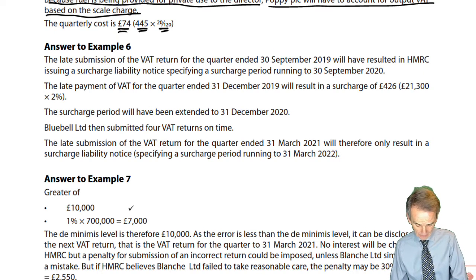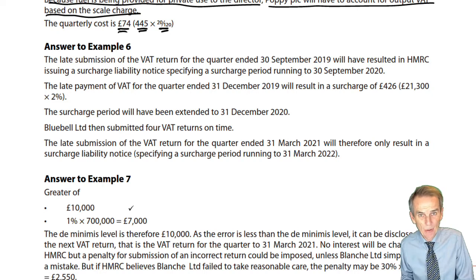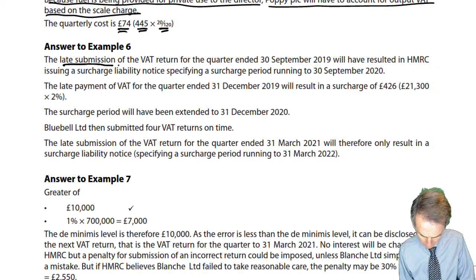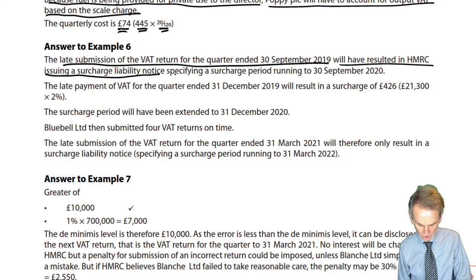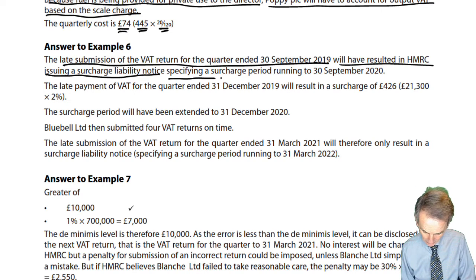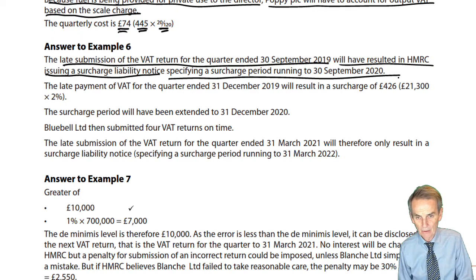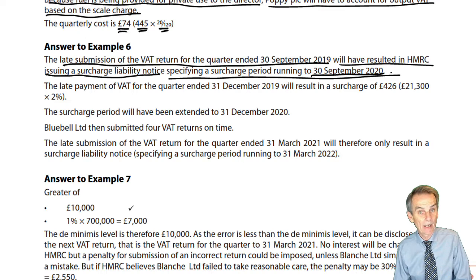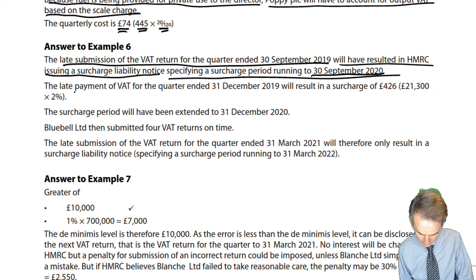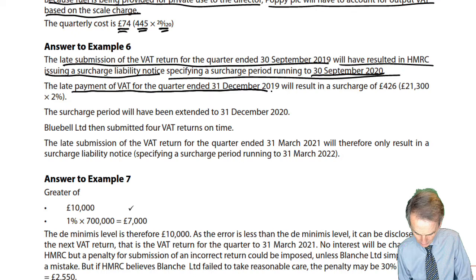Okay, let's see how we got on, therefore, with example 6. As we said in our discussions before we let you loose on that, the late submission of the VAT return for the quarter to September 19 would indeed have resulted in HMRC issuing a surcharge liability notice and specifying a surcharge period running to, well, the 12-month anniversary of when this return period had ended, and that'll be to the 30th September 20. We then had an immediate default with a late payment of VAT for the quarter to December